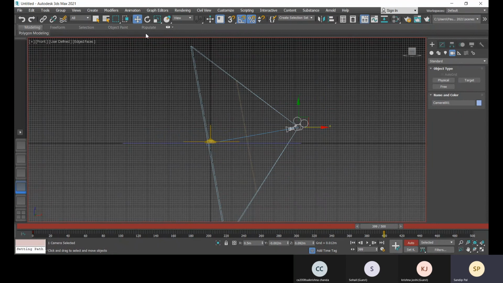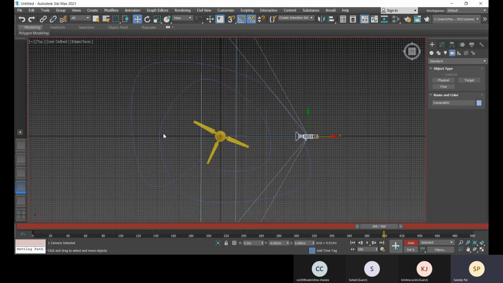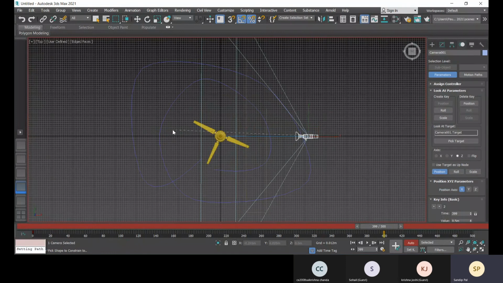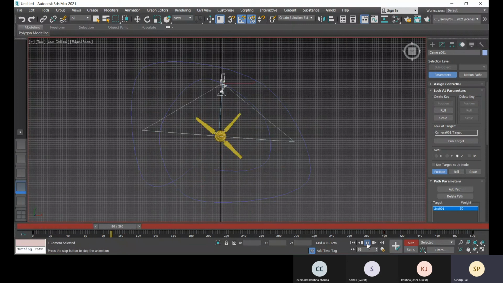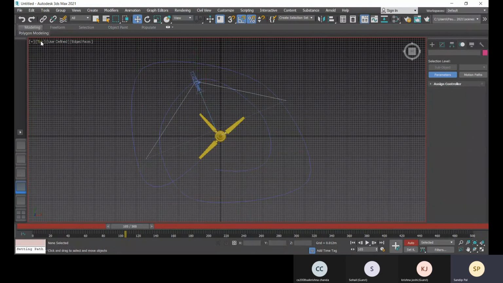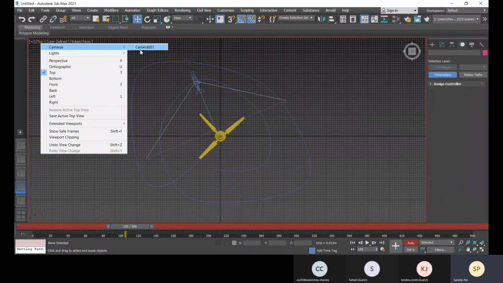Now what I have to do is go to animation, path constraint, select that path, and now play it. Okay, now to have that camera view, you have to switch into camera view.